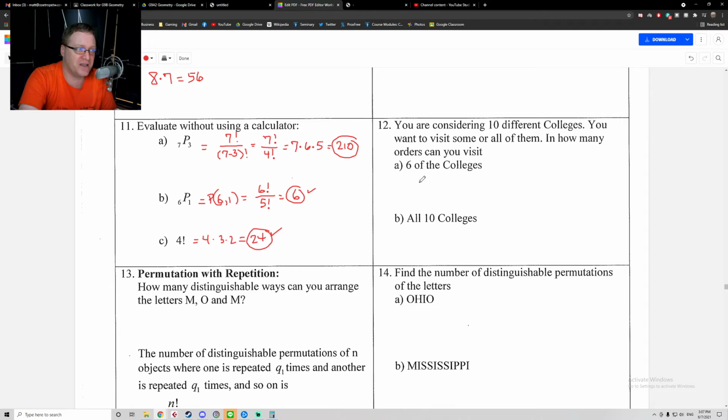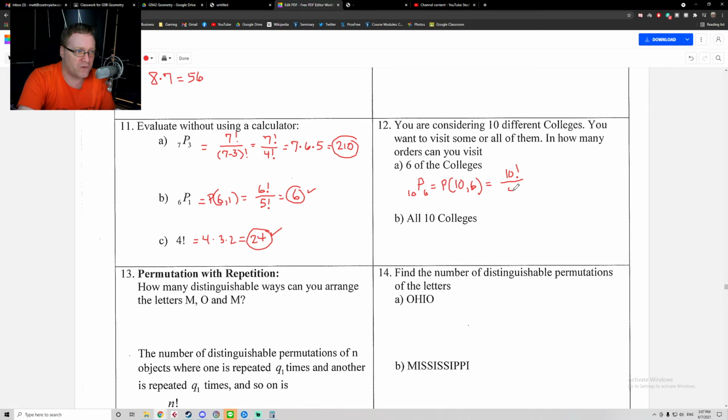So that is permutations 10, 6, or in the book notation, it's P(10, 6), which is going to be 10 factorial divided by 10 minus 6,